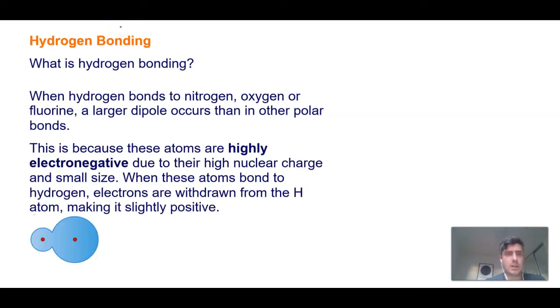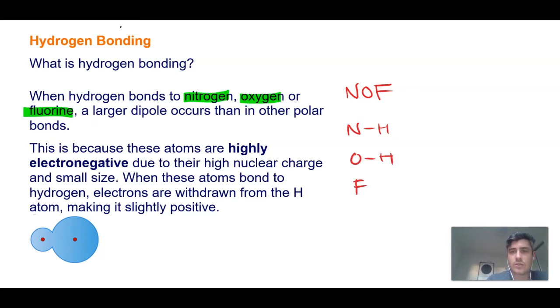So the third one, hydrogen bonding, is where we are looking at the electronegative atoms of fluorine, oxygen, and nitrogen. Or some people just write down NOF because that's the order it appears on the periodic table. Now, if they are attached to a hydrogen, so if you have an NH in your molecule, an OH, or an FH, or HF,